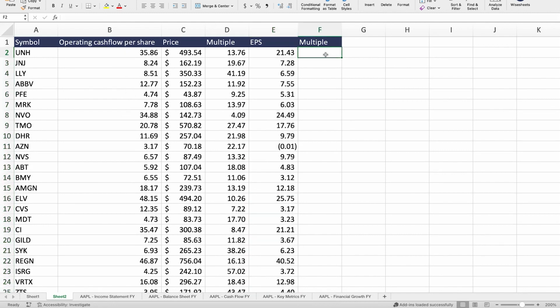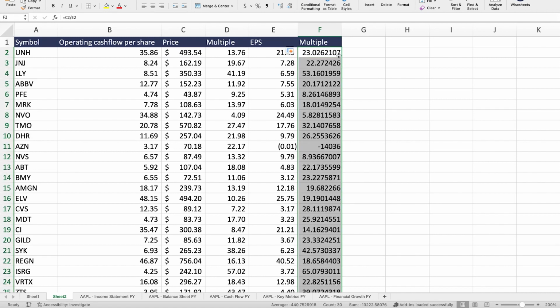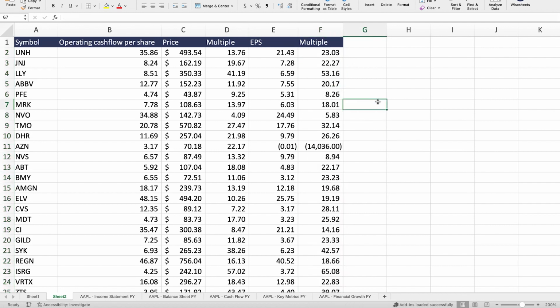And now we can do the multiple itself. So the multiple itself is going to be the price divided by the earnings per share, and this is also known as the PE ratio. And now you can see in this case for this company you would be paying 23 times the earnings per share or the net income of the company. Click here, autofill, change this into this format,